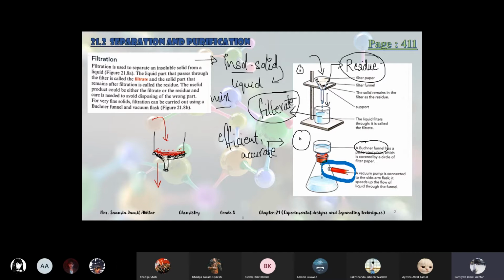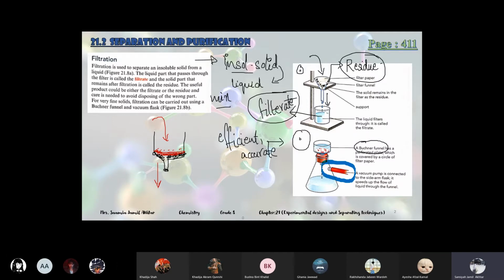A vacuum pump is attached. It creates a vacuum and starts sucking the liquid, and when it sucks the liquid, it forces the liquid to come out of the Buchner funnel. So the liquid comes out of the funnel, and the insoluble particles remain on the filter paper.